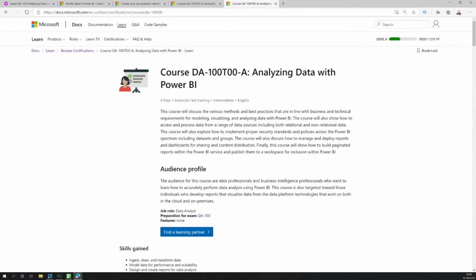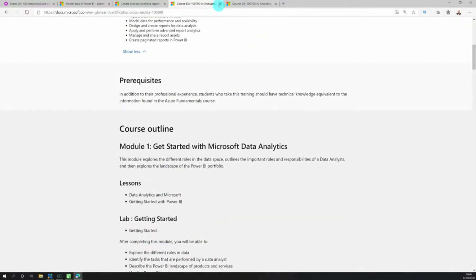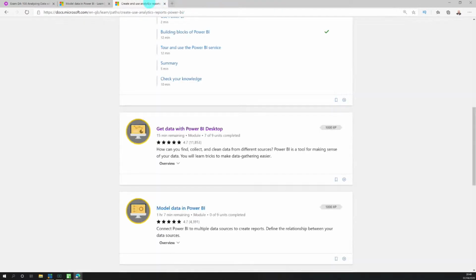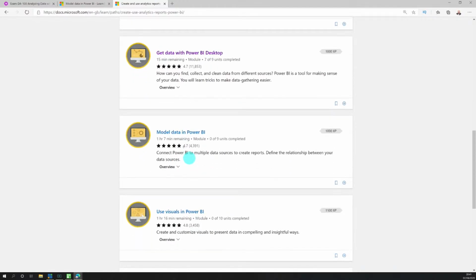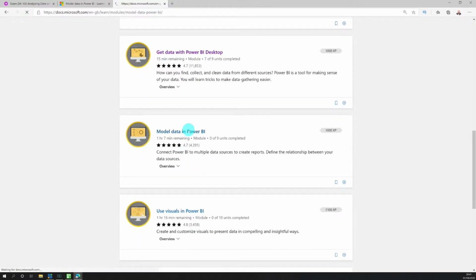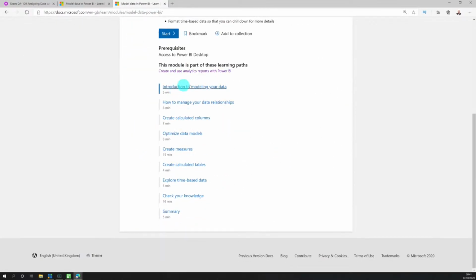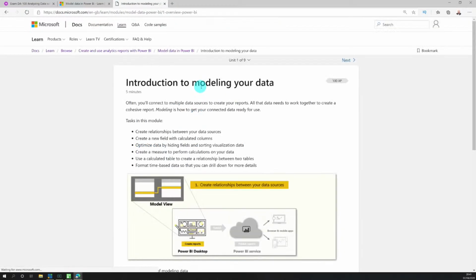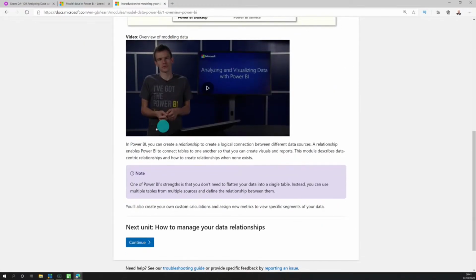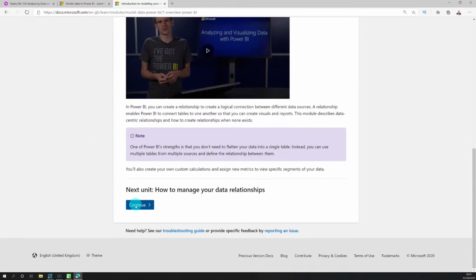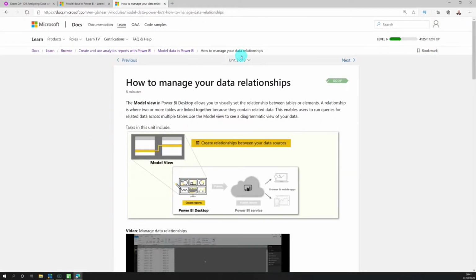Excellent. So let's look at today's topic. Let me close a couple of these windows out and come back to this one, and we're going into model the data. There's a bunch of introductory modules and sessions there, an introduction to modeling and what that is. It takes you through. There's a good little video there by William, and you're going to flow through some of this. But we're going to go down to,